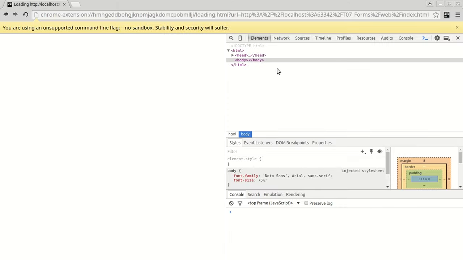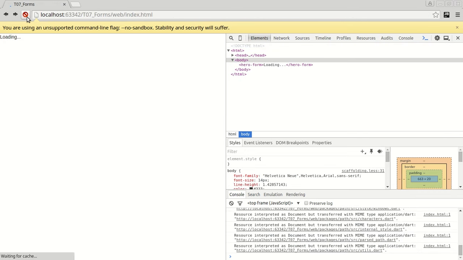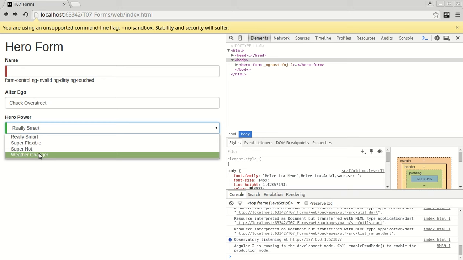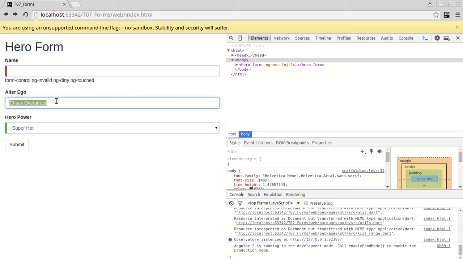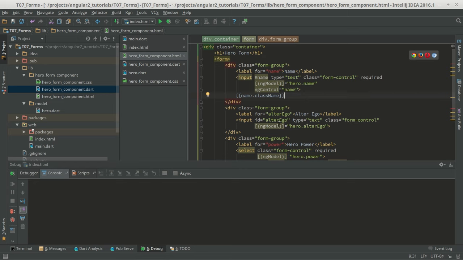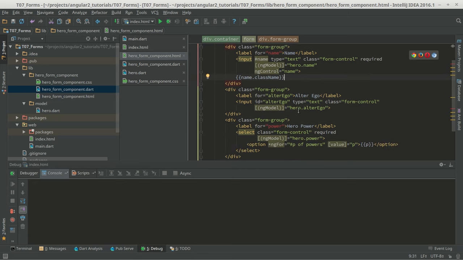Stop and run again. It doesn't work. So let's see what happens. So right now those two are valid. That's why it's green. So when we make it invalid, when we make it required, it changed to red. The same for here. This one is always gonna be green. I don't know why this one is not. That's weird. It's not required. The alter ego, yes, it's optional. It's true. Okay, so